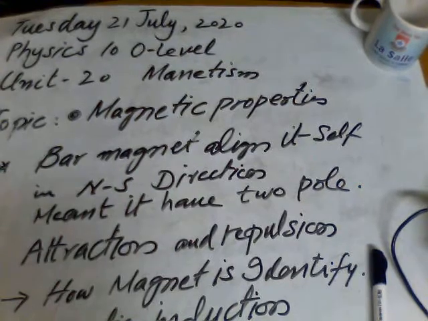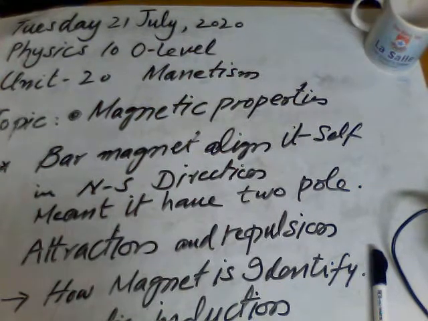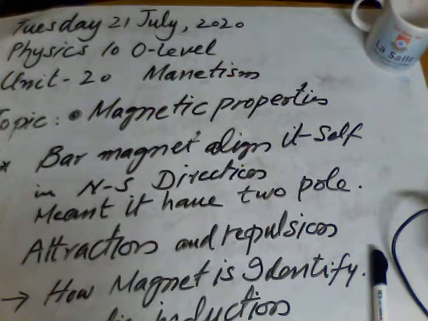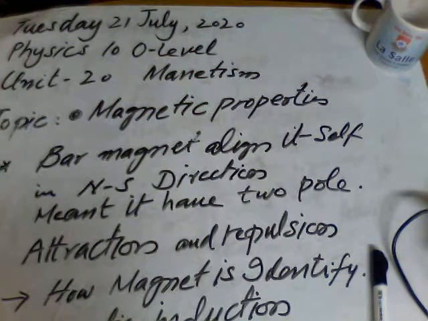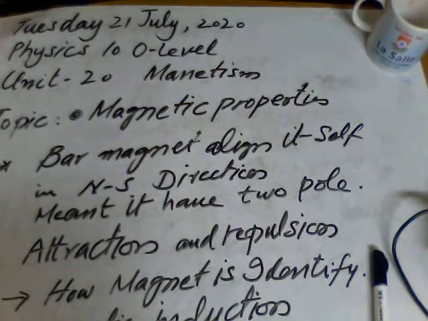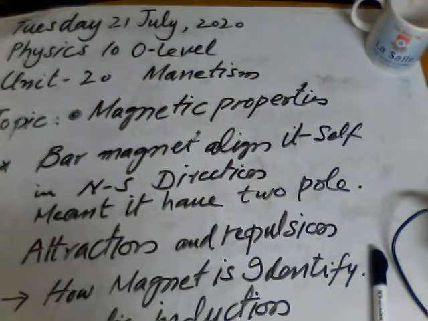Likewise, opposite poles attract each other, and in the same way we can see the movement of the magnets while they attract each other. If we put them on a table in opposite direction, at once you will feel that both will move and make contact with each other. So the second property is attraction and repulsion.